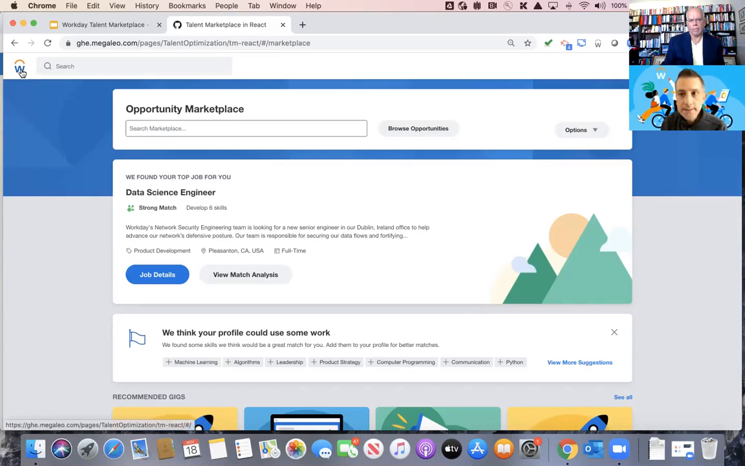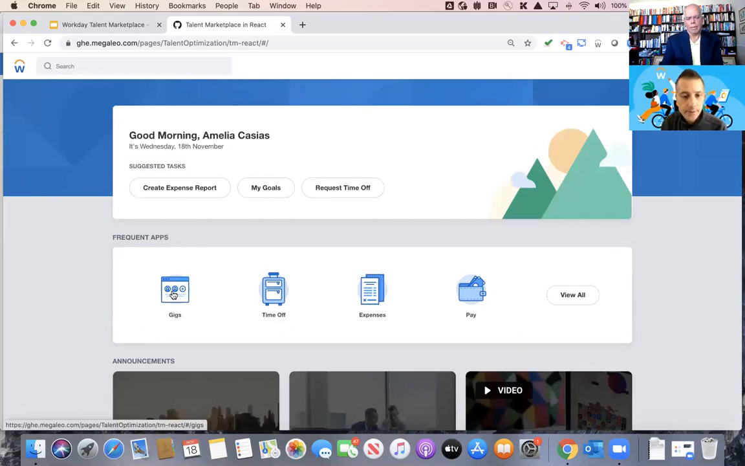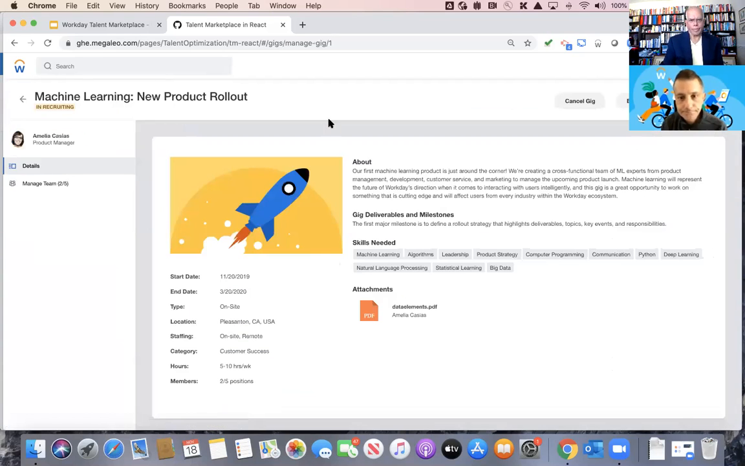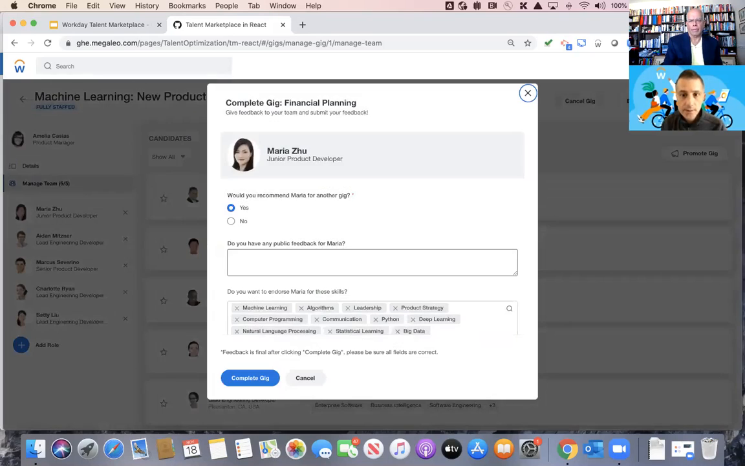So the one last component I want to show is, as you can imagine, if I go back to the host persona here, let me use my shortcut. I'm going to jump back into this gig as Amelia and go into machine learning, that this is supposed to be completed. The system's going to reach out to her and say, hey, is this finished? If not, she can go in, edit her dates. If it is finished, she is prompted to actually complete the gig, where she would come in, click this button,